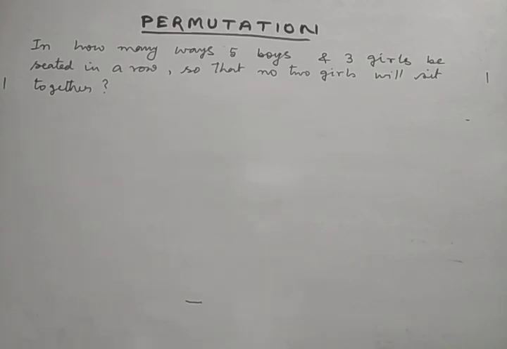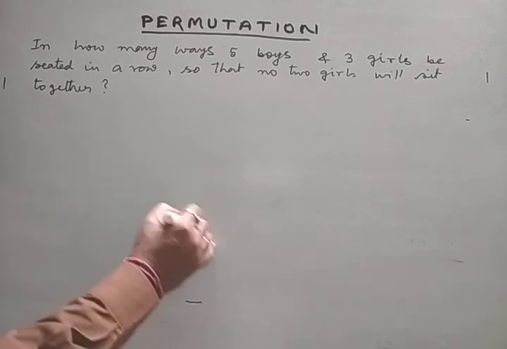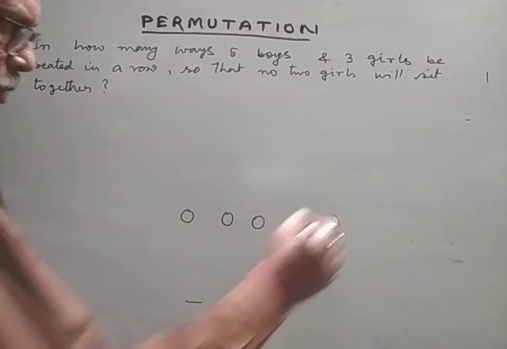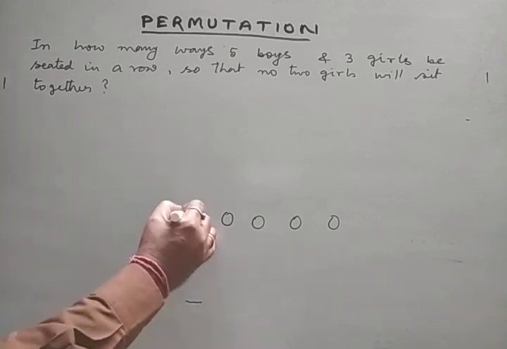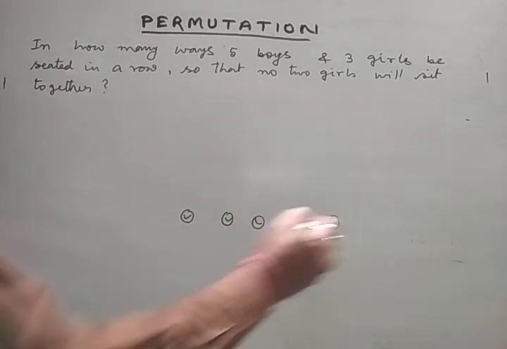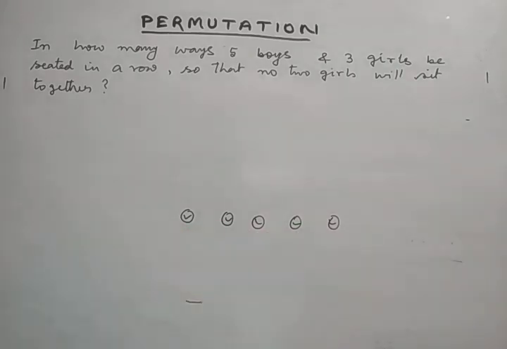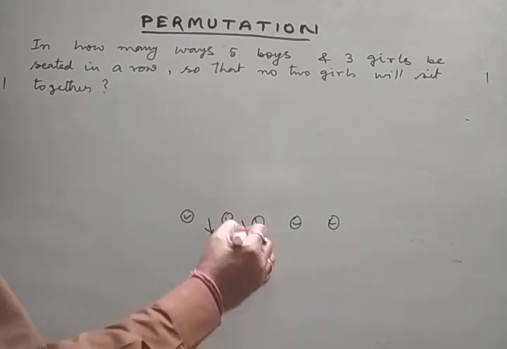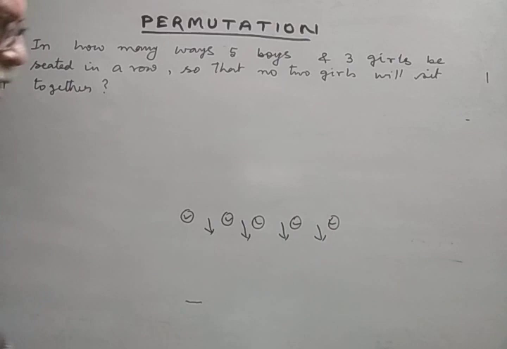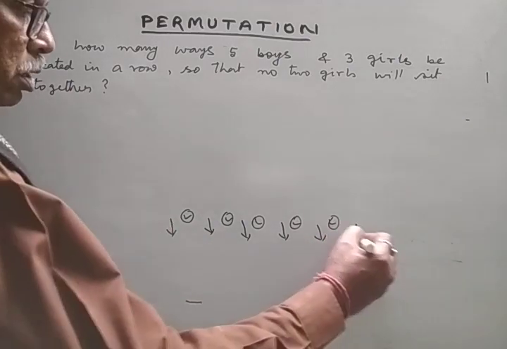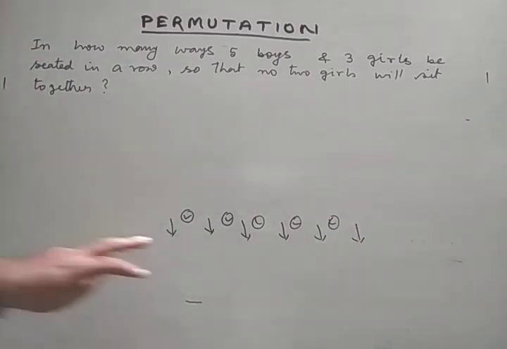There are 5 boys and 3 girls to be seated in a row so that no 2 girls will sit together. তার মানে সাপোজ 1 2 3 4 5 বয়েজ এই 5 সিটে বসিয়ে দাও, ঠিক আছে? 5 boys seated in 5 chairs, and in between 5 boys, that is 4 places, and at the ends, that is in these 6 places,